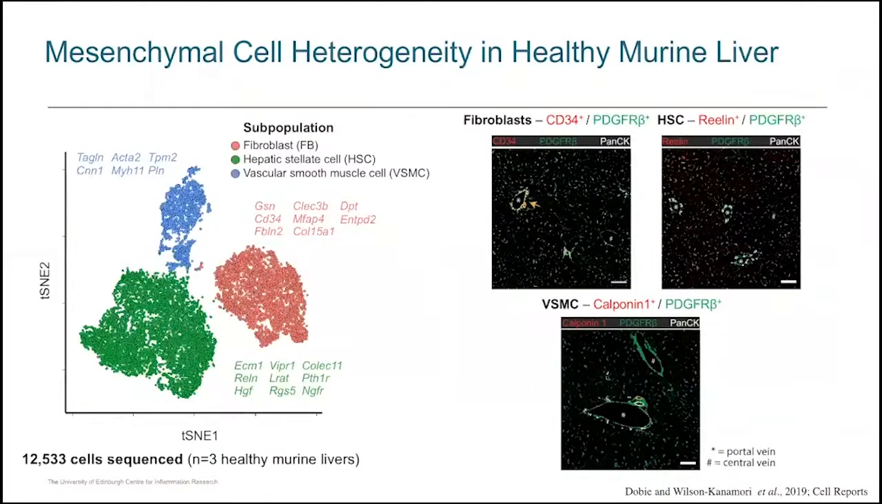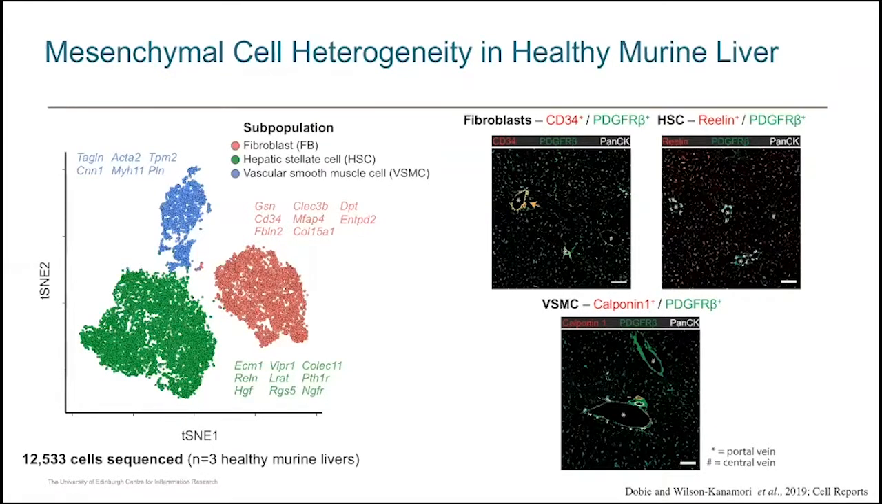We sequenced over 12,500 mesenchymal cells from 3 healthy mouse livers. Clustering of these cells revealed 3 distinct clusters, as shown in the tSNE. For those of you who are not overly familiar with the tSNE plot, this is a great way to plot multidimensional data in 2 dimensions. Each spot represents a cell, and cells with a similar gene expression profile cluster together. Identified marker genes, which are listed alongside each cluster, already give a hint to the cell type each cluster represents,